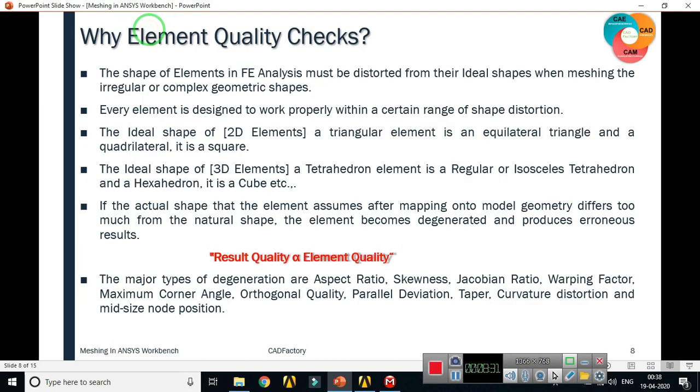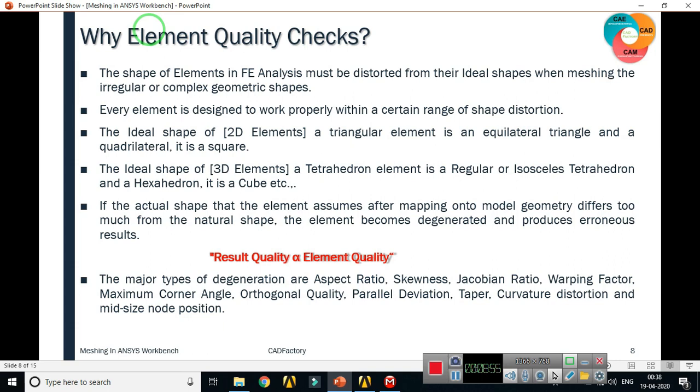Then why are element quality checks important? Because the shape of elements in FE analysis will be distorted from their ideal shapes when meshing irregular or complex geometry shapes. It is not possible to generate ideal shape meshing elements because your geometry is not regular or not so simple.